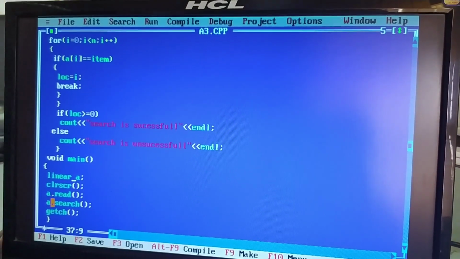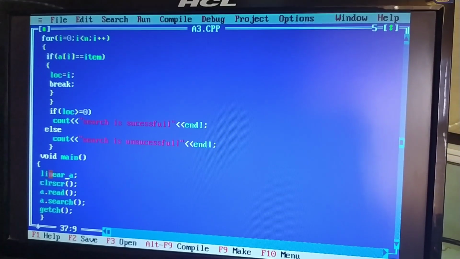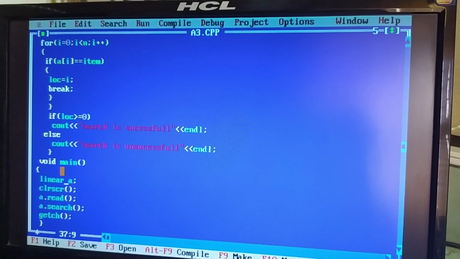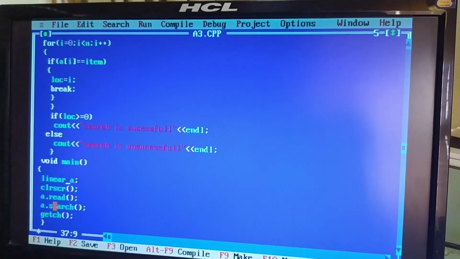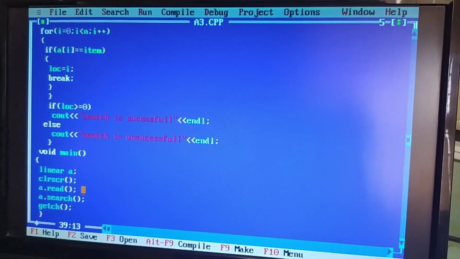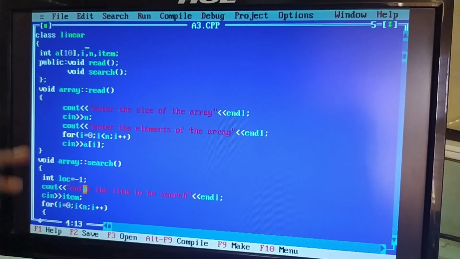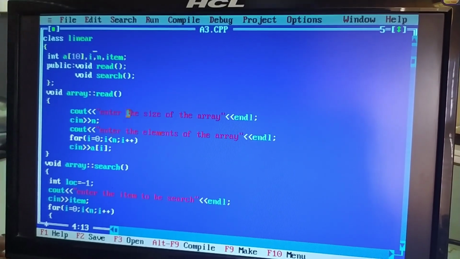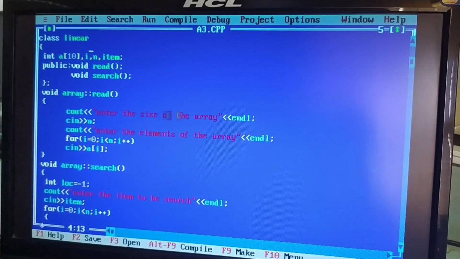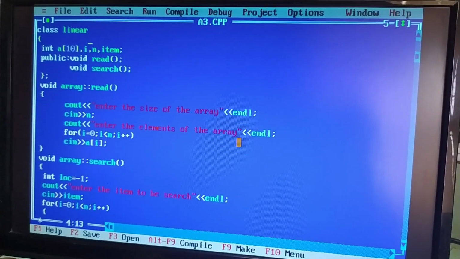So when we use a dot read, through the object we are calling the member function a dot read. When we call that function, it goes to the read function. It takes the input, that is the size of the array and the number of elements.